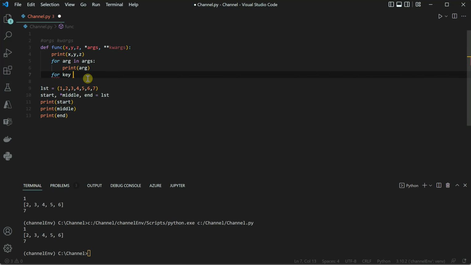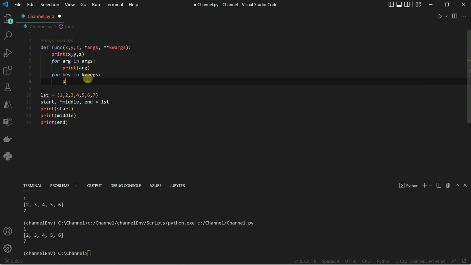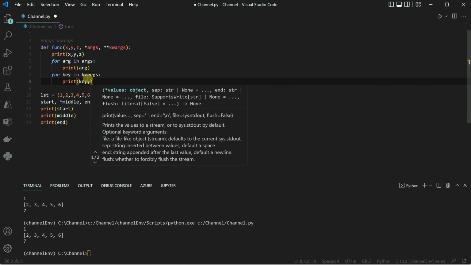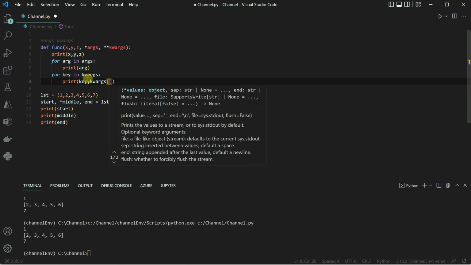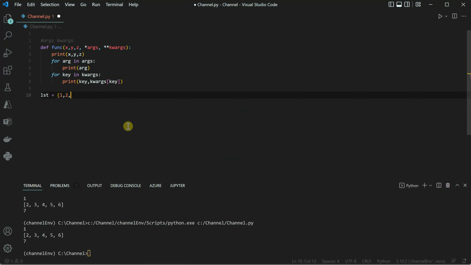So I would say for key in kwargs, print, we can go ahead and say key and kwargs with index of this key. So this will go ahead and print everything for us. Now I'm going to take sample data so that we can make a call to this function. Okay, so for calling this function,